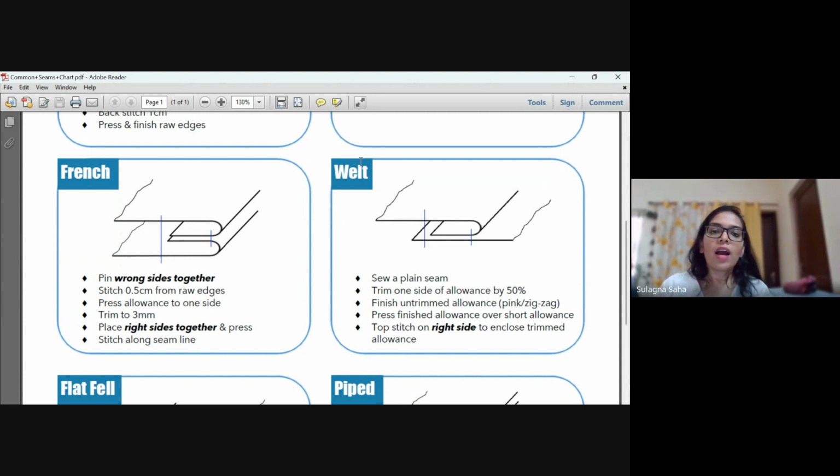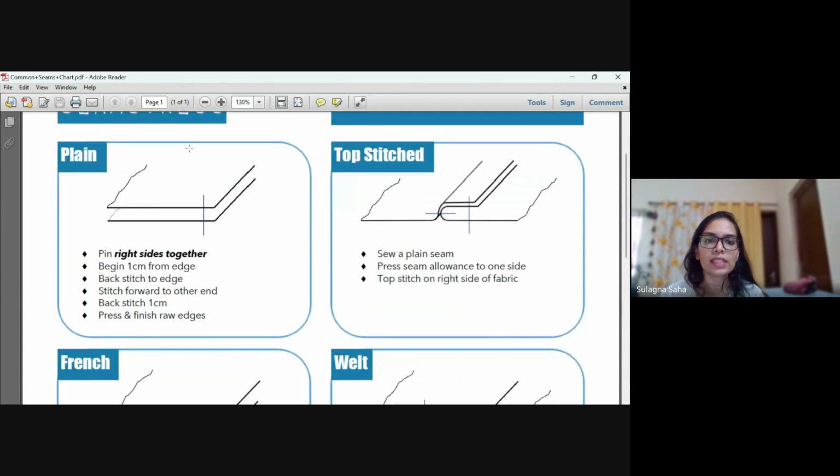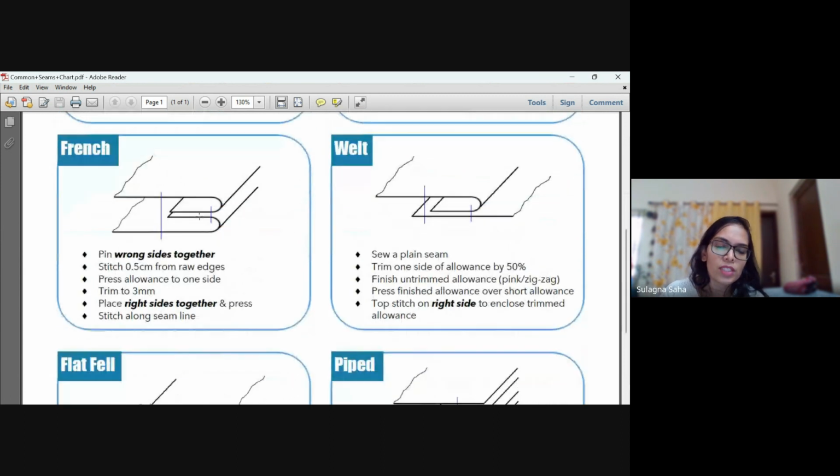फ्रेंच सीम का एक और वेरिएशन होता है जिसको हम मॉक फ्रेंच बोलते हैं, ठीक है। मॉक फ्रेंच में हम प्लेन सीम बनाते हैं पहले, like this we make the plain seam and then we fold the edges inside and then we stitch again, ठीक है। It doesn't give as clean a look as French seam but does the work. If you are not very confident कि कौन सा राइट साइड है कौन सा रॉन्ग साइड है, पहला एक प्लेन स्टिच बना दीजिए, turn it around and then do another stitch that gives you a mock French. It is essentially a fake French seam. Mock का मतलब ही वही हुआ ना, it's a fake French seam, ठीक है।